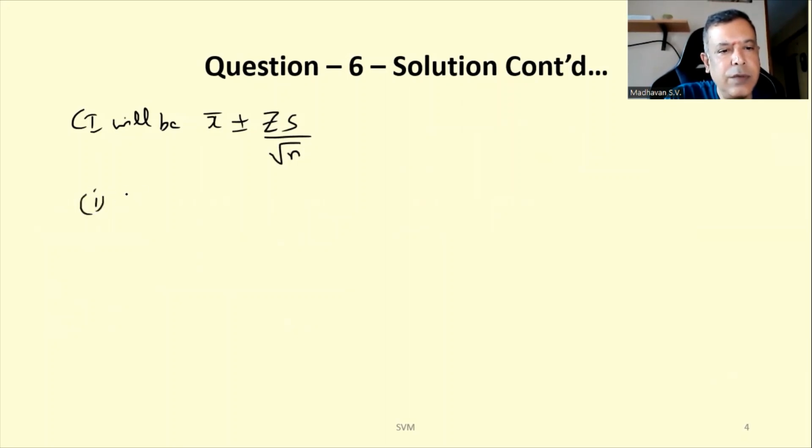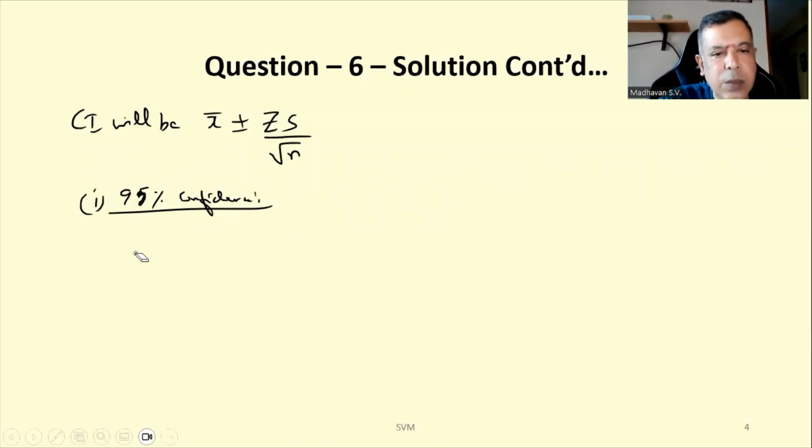First, for 95% confidence, let us calculate this. Let me substitute the values now. X bar value is known to be 150. So the confidence limit will be 150 plus or minus Z, which is 1.96,